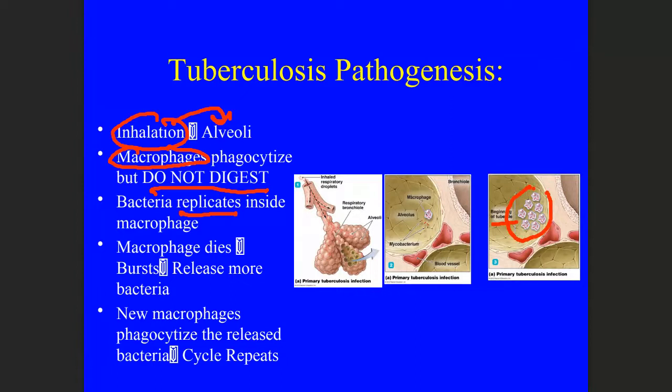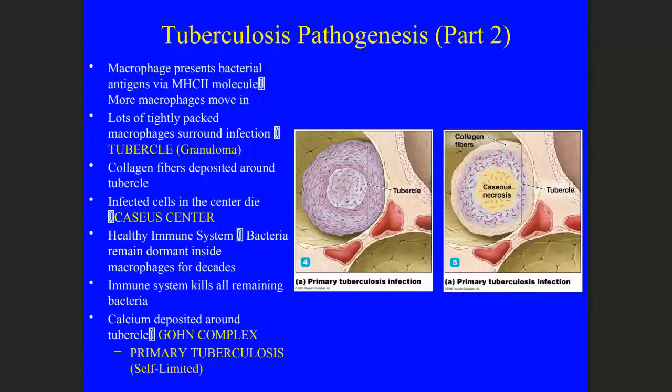A tubercle is basically nothing more than a big ball of macrophages that are trying to seal off that infection and prevent it from spreading to other parts of the lungs. Because the alveoli are the major site for exchange of gases between the air in your lungs and the capillaries, there's a very rich blood supply underneath. If any of those bacteria get into the blood, they can travel to other organs and cause major problems there. So this whole thing happens over and over again.